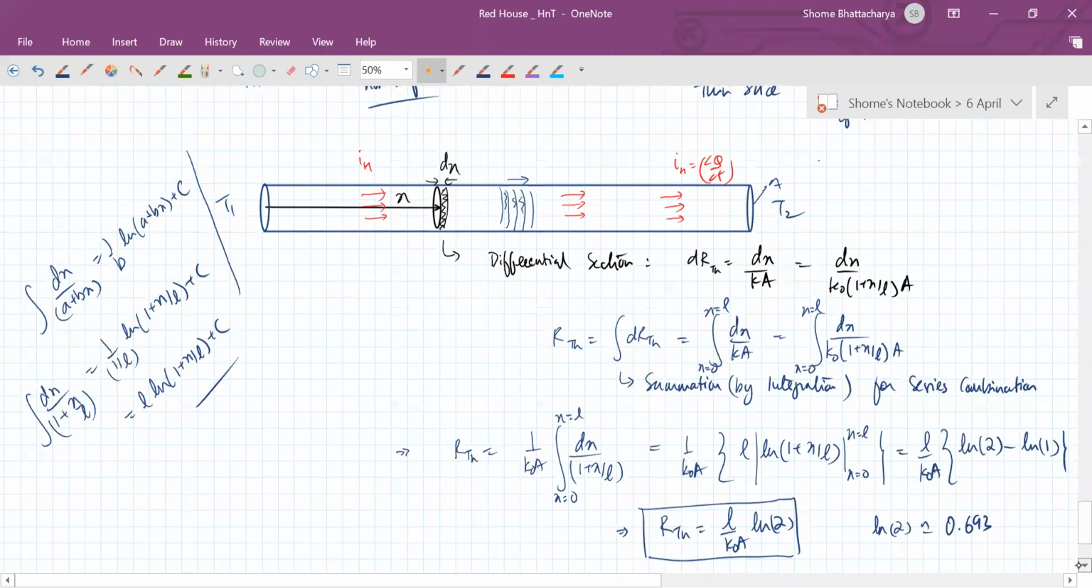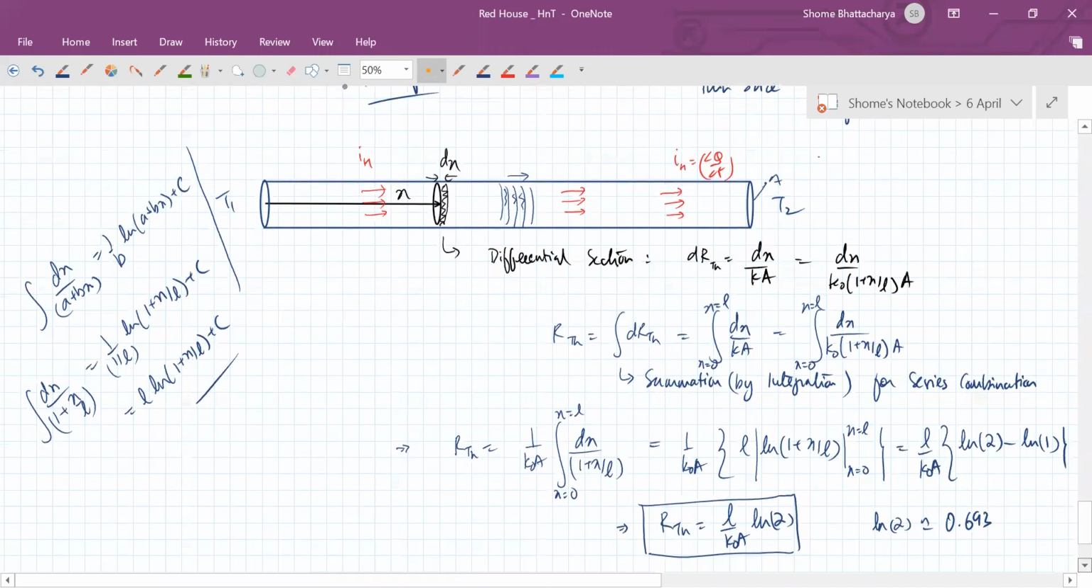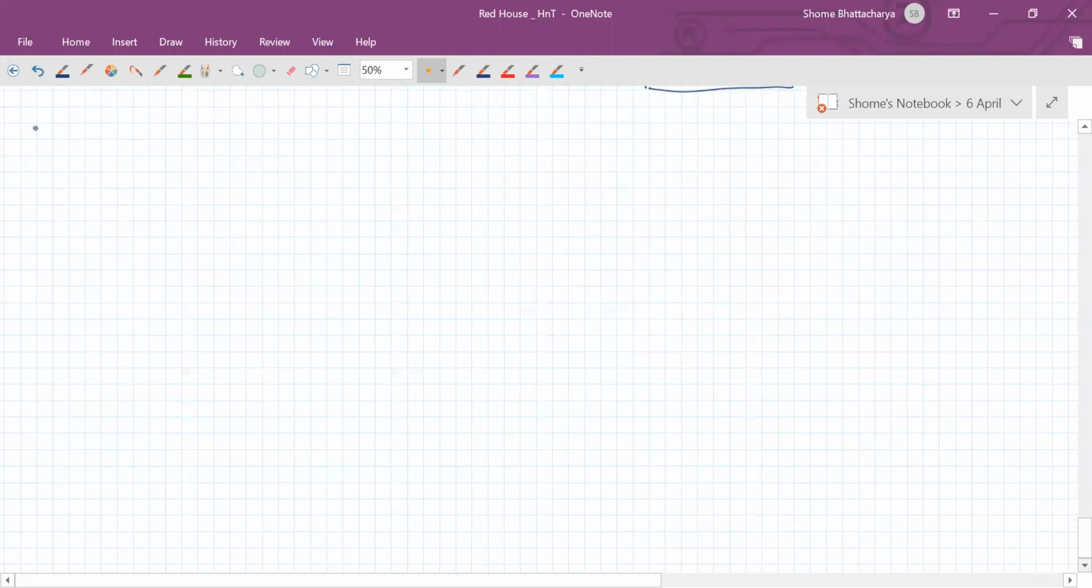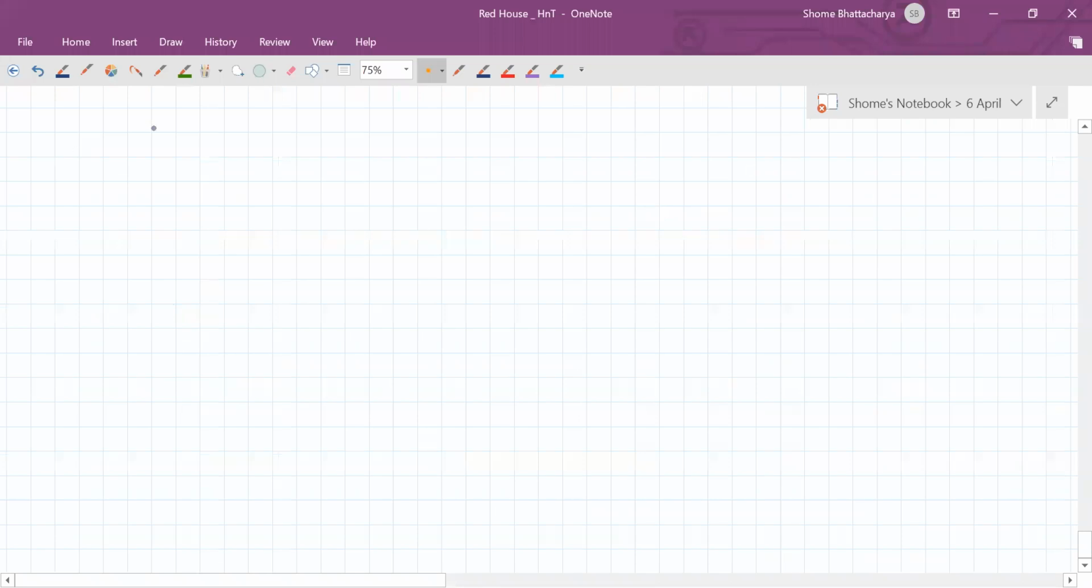Okay, let's move on to another example, another type of example where we have to use integration. Next example is something where,